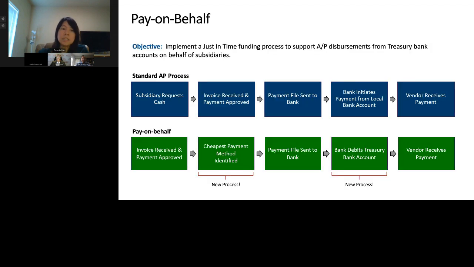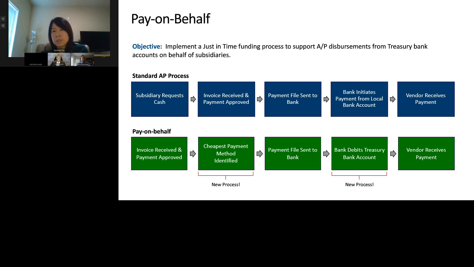I will hit on that point a little bit in a later slide. Speaking of payment, one functionality that we implemented several years ago was pay on behalf. This means that instead of each legal entity managing the AP separately and sending the bank file to their local bank, debiting their local bank account for payment processing, we centralize the payments under the portfolio entity for the eligible subsidiaries, especially in the Western Europe region.